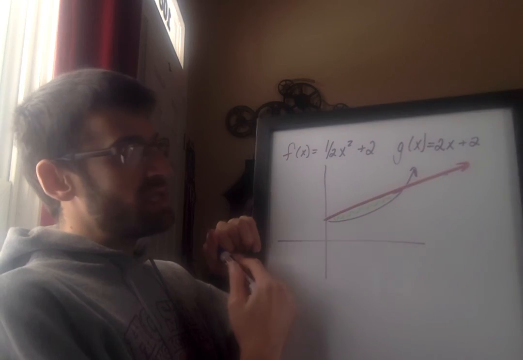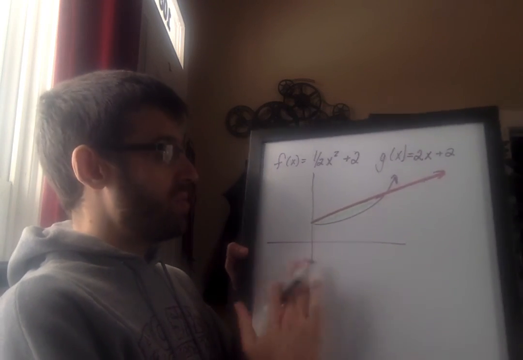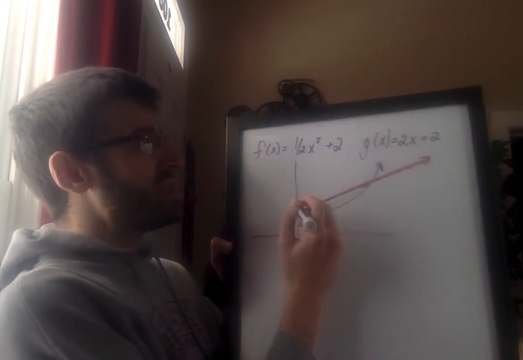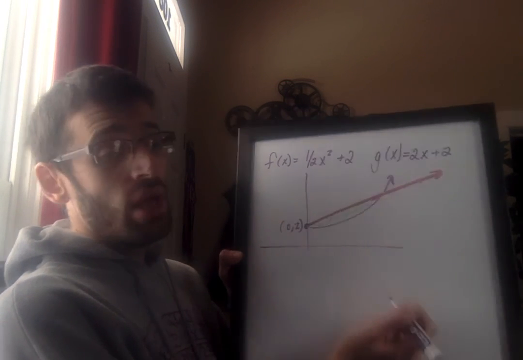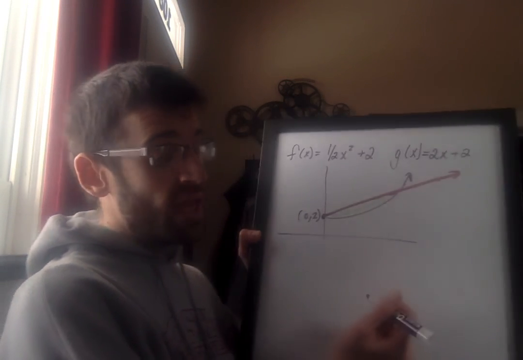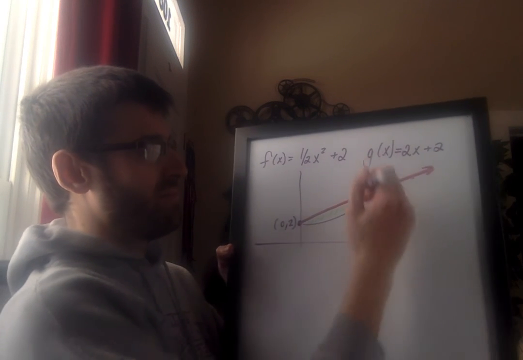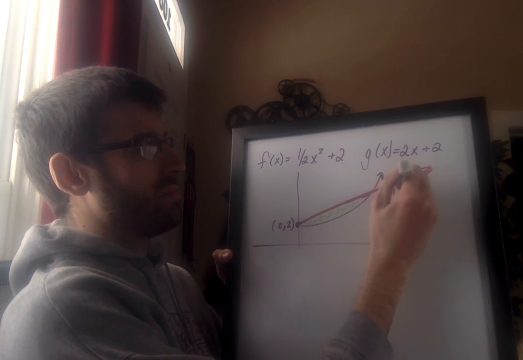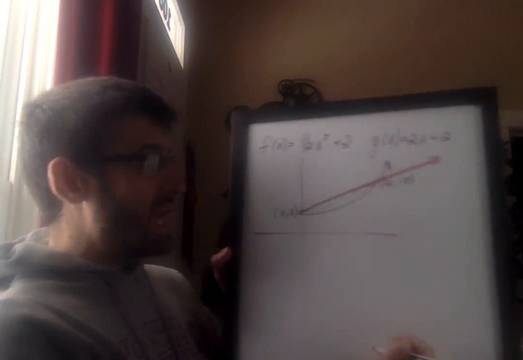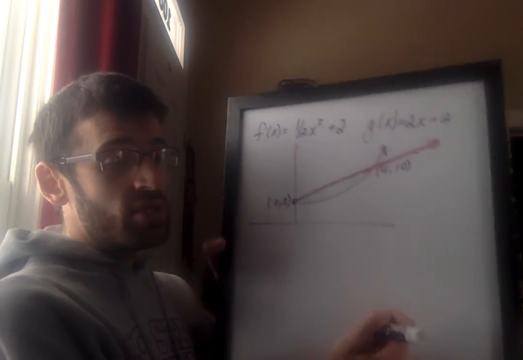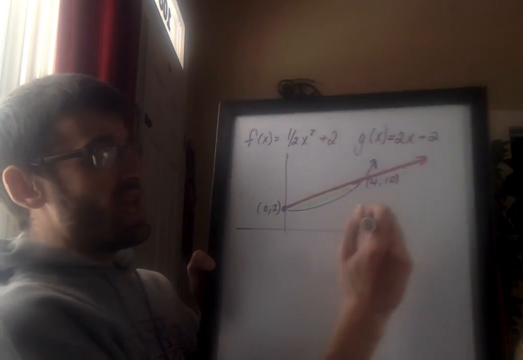So when I go to set up my integral, I know that this is going to intersect at 0, 2 and 4, 10. So if I were to, when I do around the x-axis,